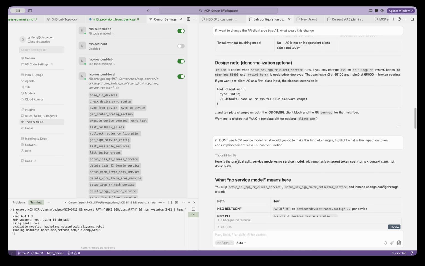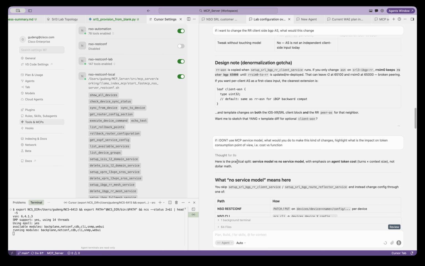And this is the question now. If I don't use these MCP tools, or let's say a service model that is modeled in an automation software, what would be the difference? If I don't use MCP, I don't use NSO, I just use plain tools like REST API and CLI, what will be the impact?